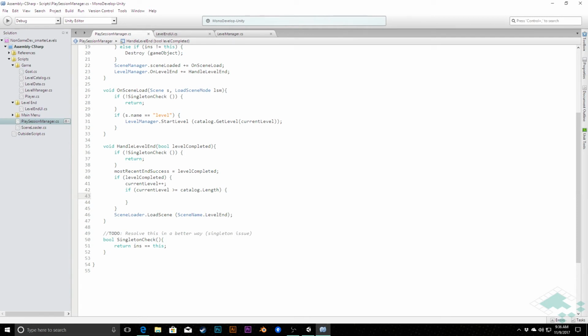First thing we are going to do now is say current level equals 0, because I do still want to reset that, but I don't want to do it all in one line so that we can then make sure we're checking this here. So what we're saying here is if current level is greater than or equal to the catalog, if we've come to the end of the level list, reset back to 0, but then we are going to set another bool